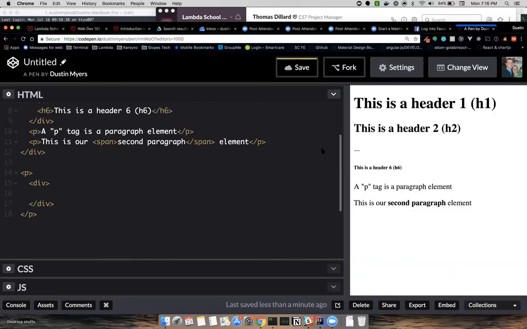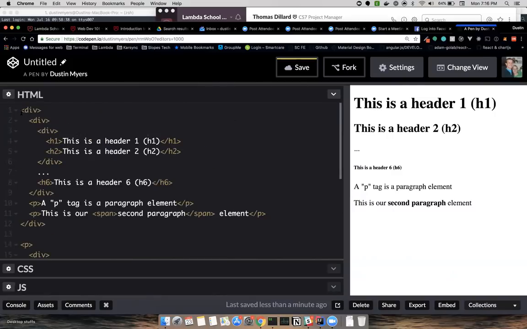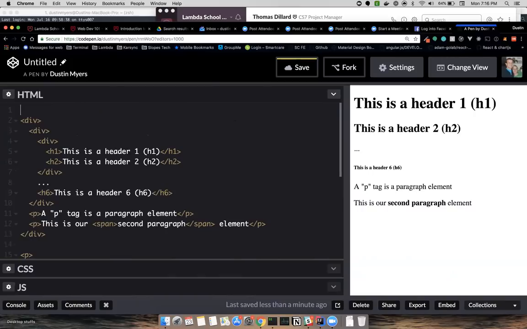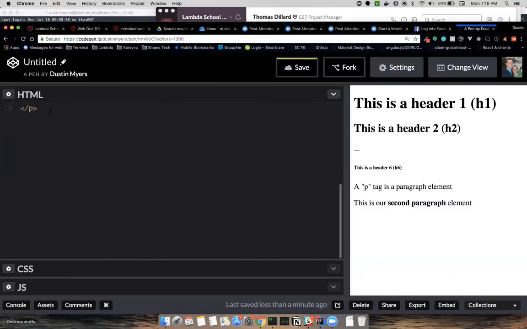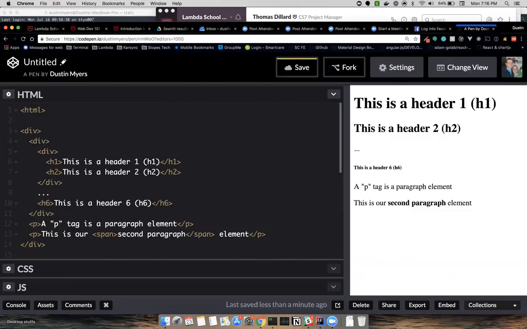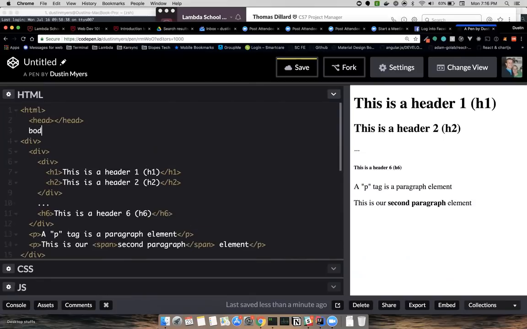Never went over the complete structure of an HTML file. That is correct, John. This sandbox environment actually takes care of building out the complete structure. So what he's talking about is in an HTML file, we have an HTML tag that's supposed to wrap the entire file here. And then there is a head tag and a body tag.